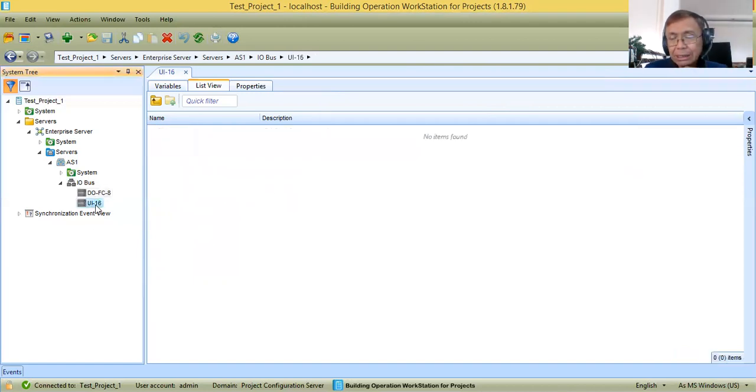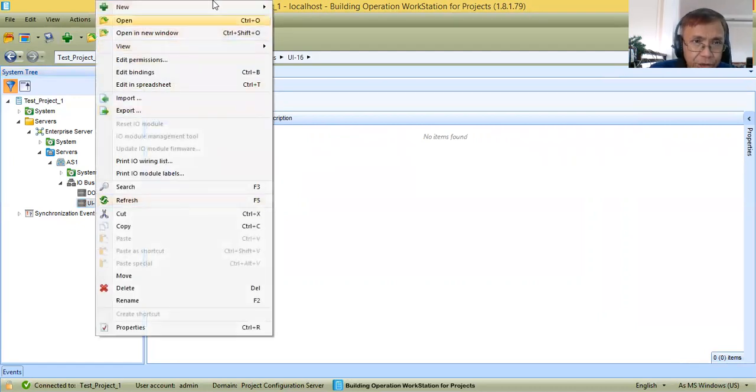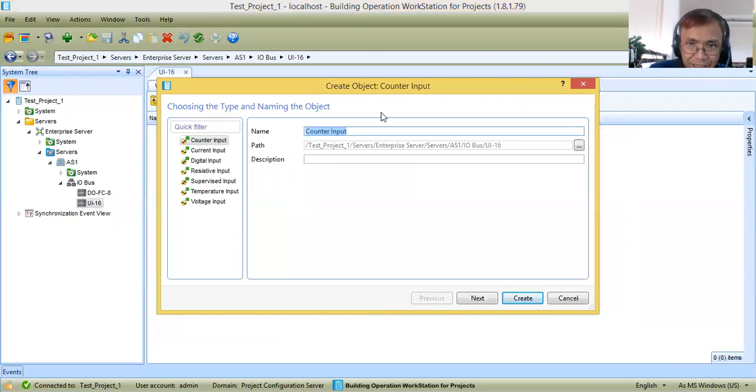Now here in my universal input or my UI module, I have to define all the monitoring points from the motor control, from the air differential pressure switch, and other field devices that I will be using in my twin exhaust fan. Now let's start the points creation. So new input point. As you can see, universal input.